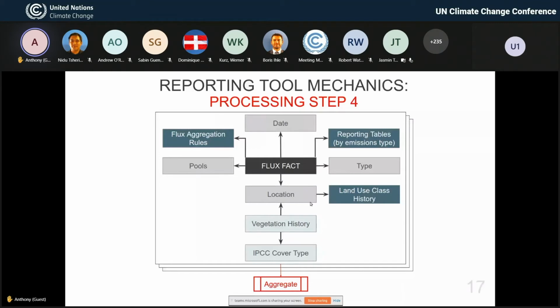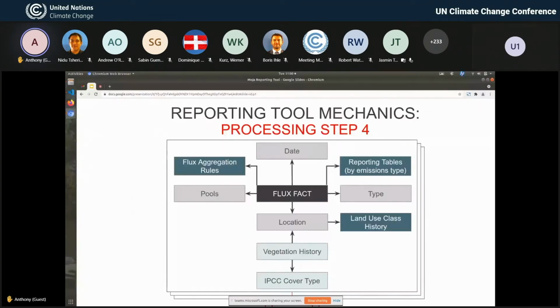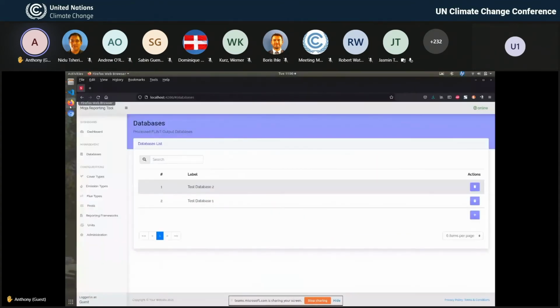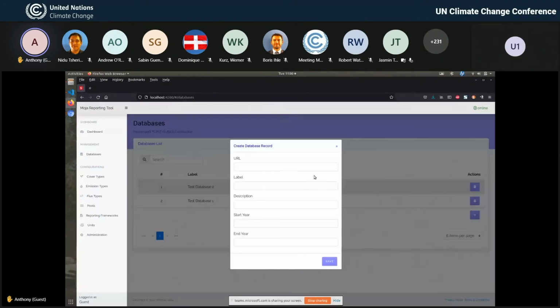So if I can jump just to the user interface, this is actually a little bit simpler. All we have to do is go to the tool, under this section called databases, and then we add a new database, which is a matter of linking a database that has been produced by the Flint. So you put the URL to the Flint database here.